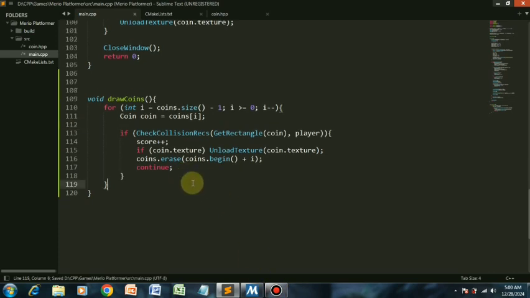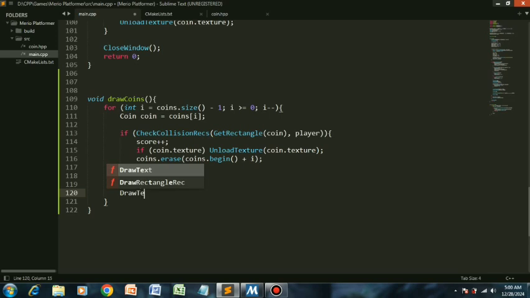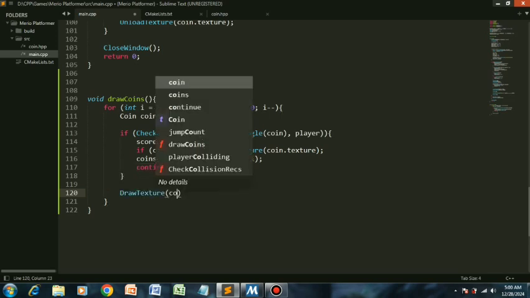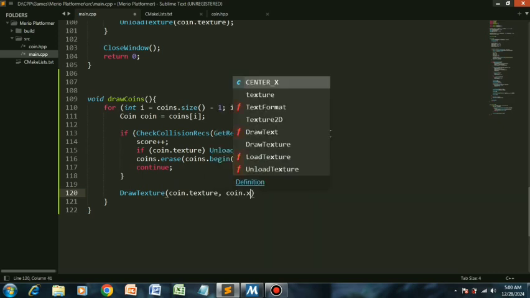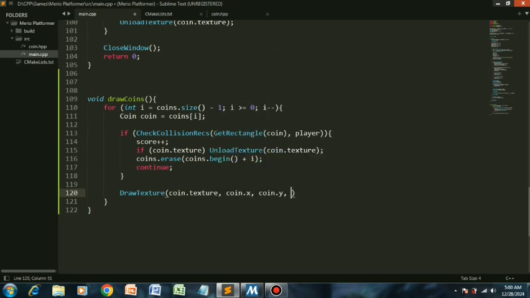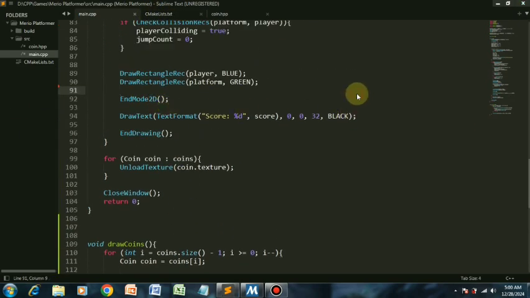So after this, we just draw the coin. Draw texture, coin.texture. Yeah, this is how you draw something. And coin.x, coin.y. There is no width and height, and white, which is basically the tint. So white means no tint, but if you enter something like blue, it will have a shade of blue on it. So with this done, we can actually go ahead and